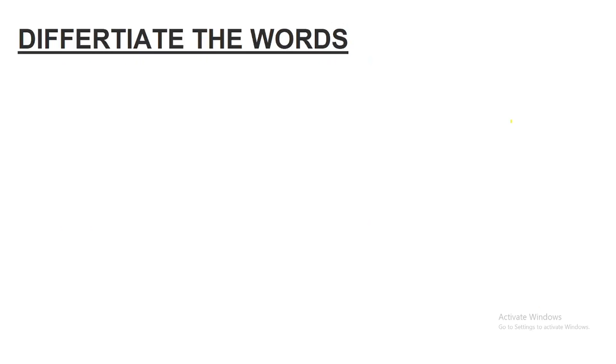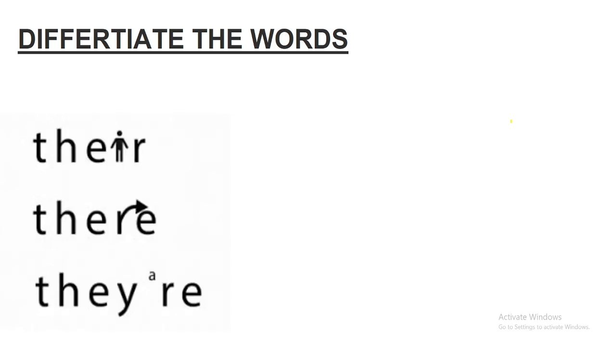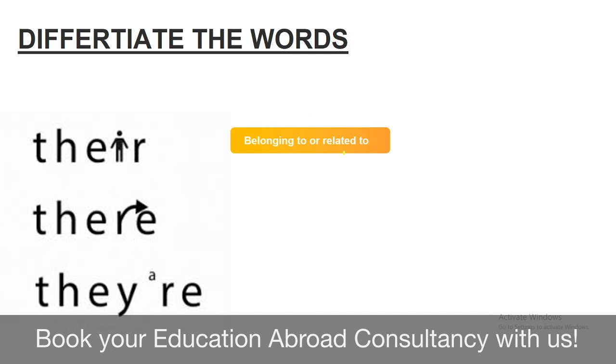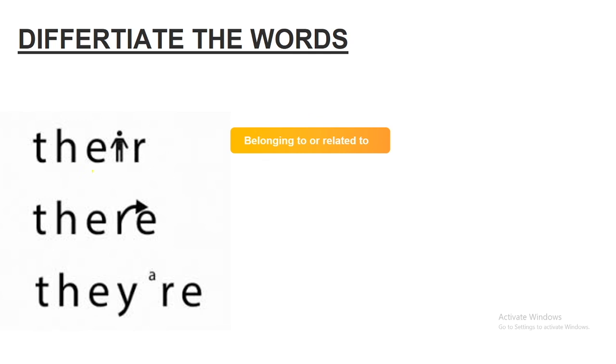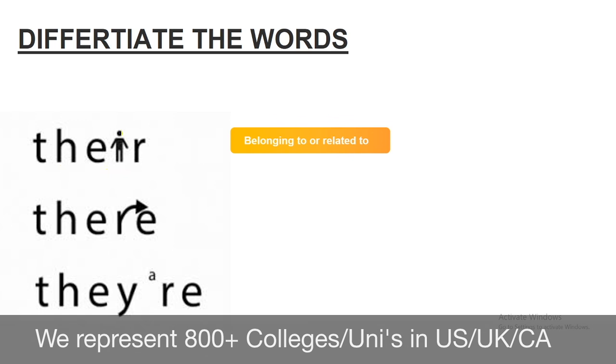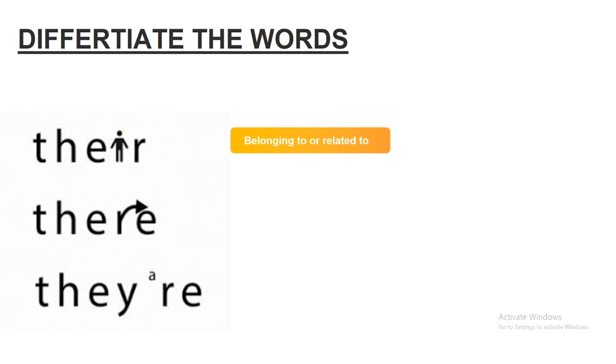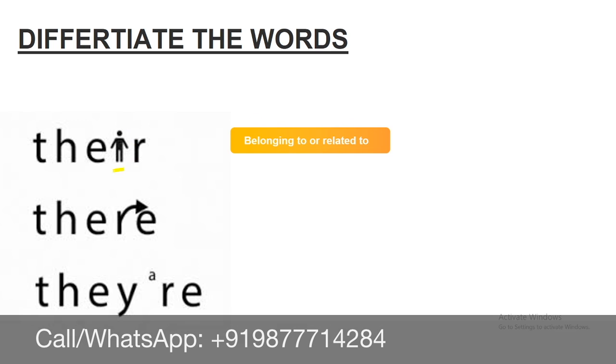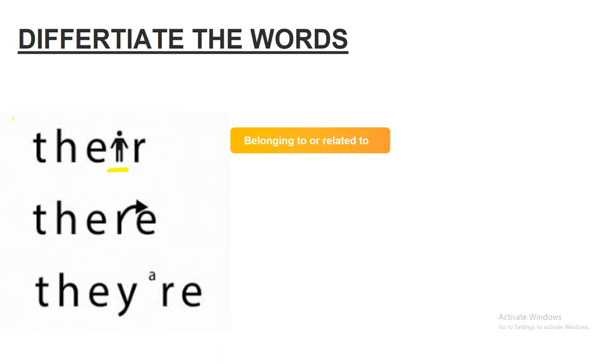Now we have to differentiate between these words: there, their, they're. These are certain tricks that would help you remember which word is to be used when. THEIR is used to showcase belongingness to something. If you're related to something or something belongs to you, then we use this word. इससे आप याद रखोगे, this is showcasing belongingness. This person is here, that means their shows belongingness. ये आपकी चीज़ है.